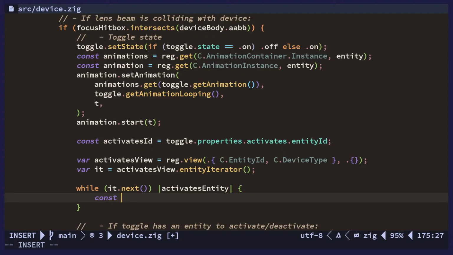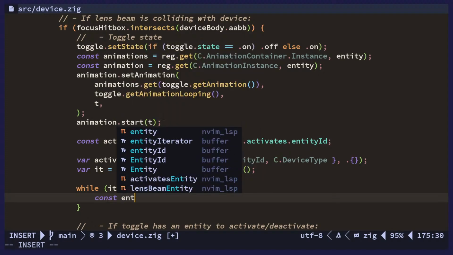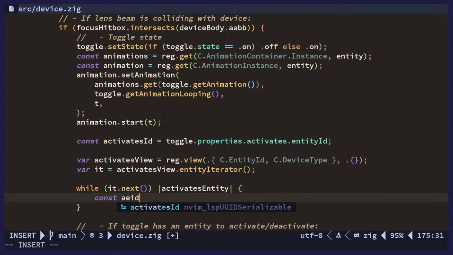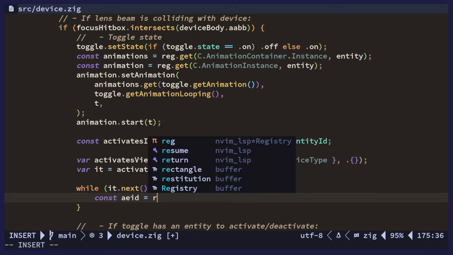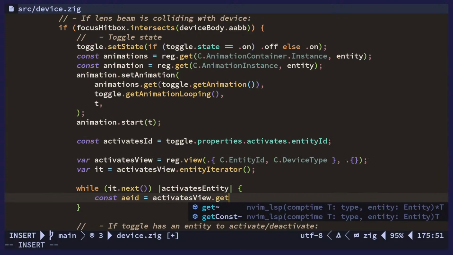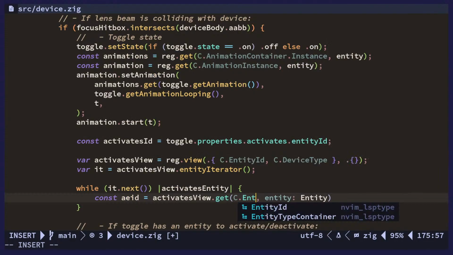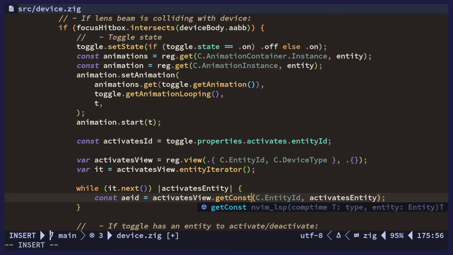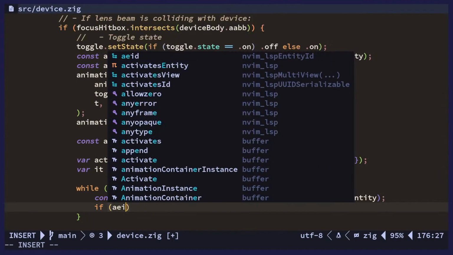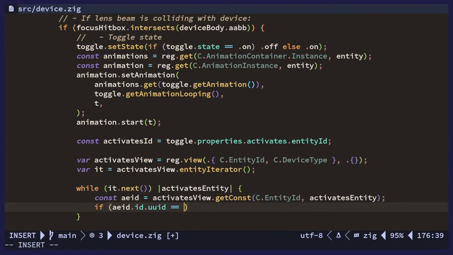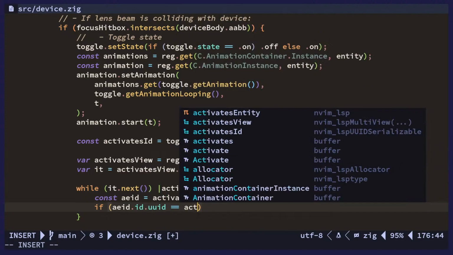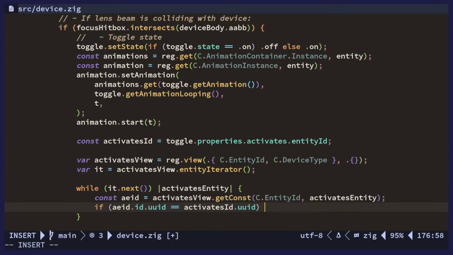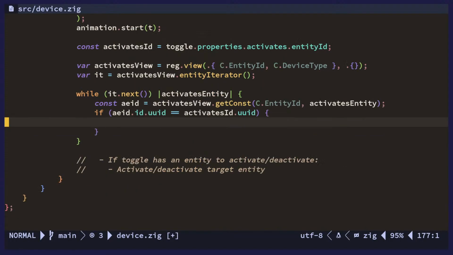We need to grab out the entity activates entity ID. It's gonna be activates view get entity ID from activates entity, and then I guess it's a const, and then we can check if this is equal to activates ID, and if it is, then we can